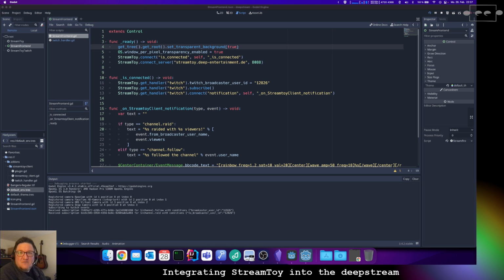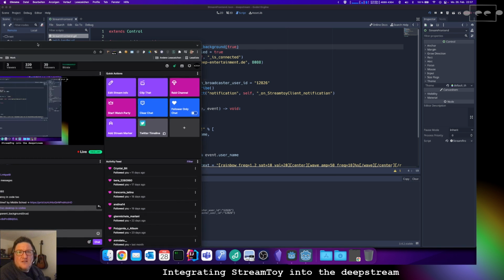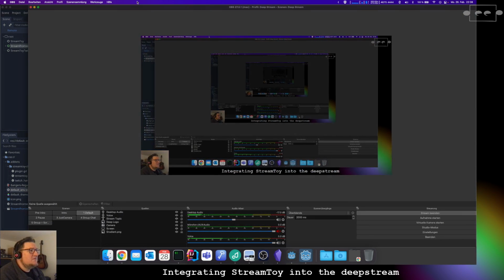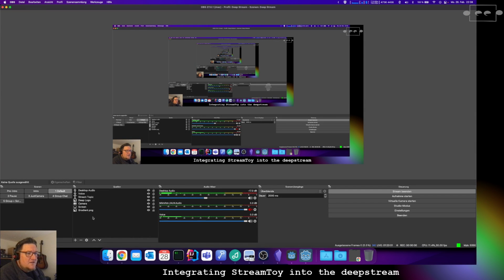Let me just put this over here and this over here, and then I have to implement it in OBS. I can use this here. Oh, this is the nice effect. So now I have to add a